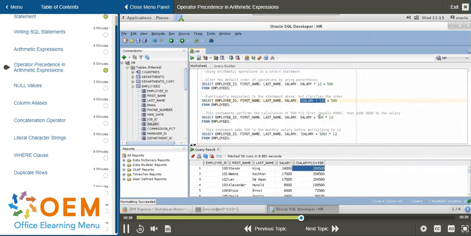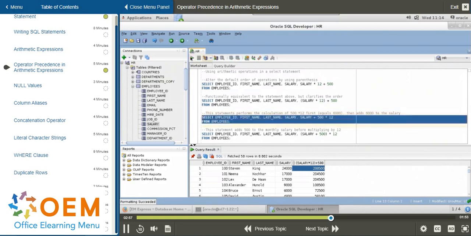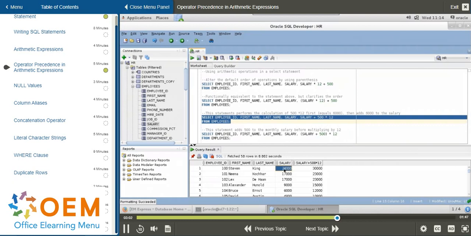So if we look at the next example here, maybe you're just making an error with the logic. We see salary plus 500, then times 12. Remembering that the default order of operations is to do the multiplication first, this one does exactly that. It multiplies 500 times 12 first, then adds it to the salary. So that equals 6,000, which is then added to the salary. So let's take a look to see what this one looks like. And we do see that monthly value here of 24,000 with 6,000 added to it. So now I see 30,000. Okay,